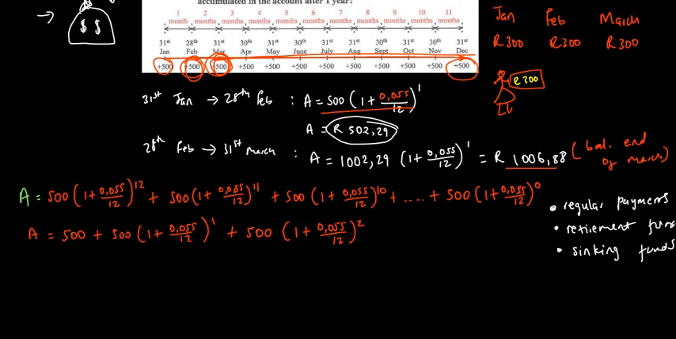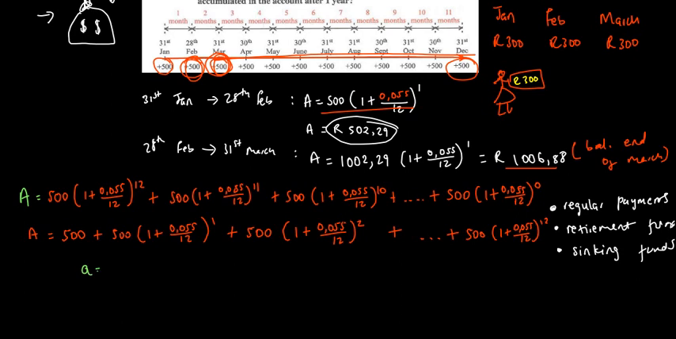Right, so once you have it like this, then you say plus again. You're going to continue that until the last amount. Remember, you are writing it in reverse, so the last amount will be 500 there. So it means that you will say 500, and then you say 1 plus 0.055 divided by 12 to the power of 12, right? And then from there, you can think of it now as a geometric series, because the value of